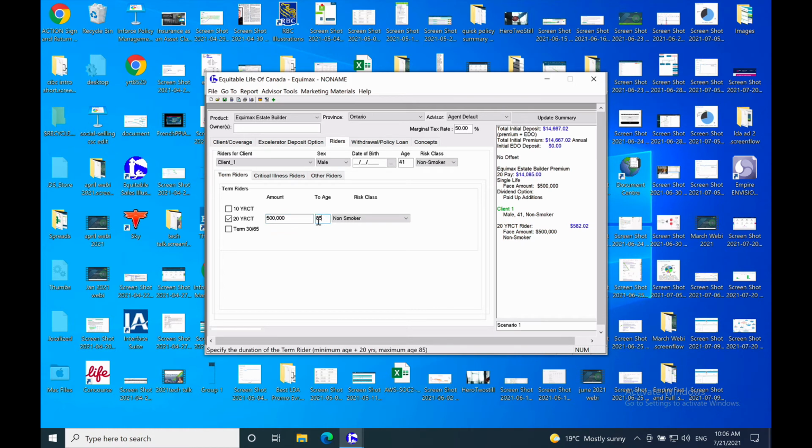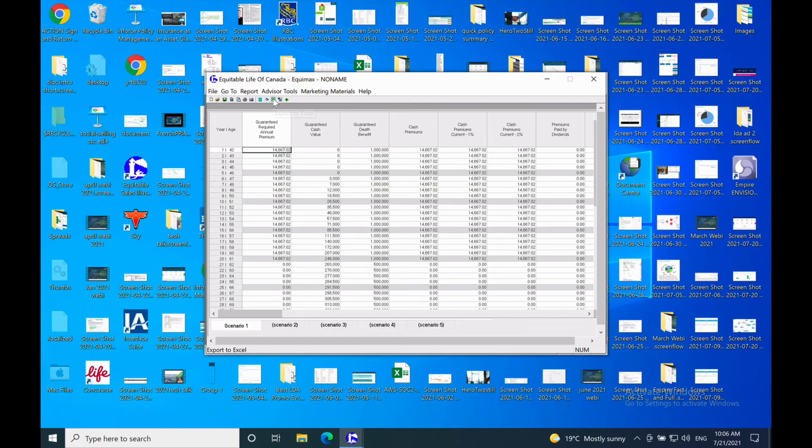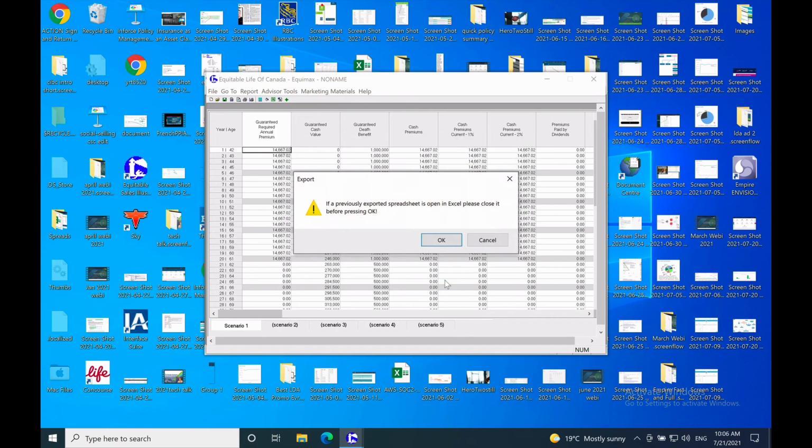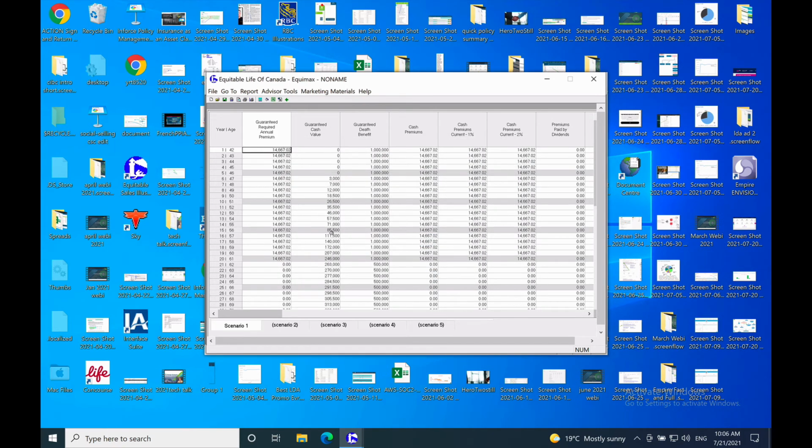Again, I want to have this drop off. Part of my impact is I want this one to be the affordable plan. So what I'm going to do here is just say that 41, 51, 61 is when I want that to end at. And you can see I've got a $14,000 premium, and this is a layered solution. So all I'm going to do is export it here, export that to Excel,